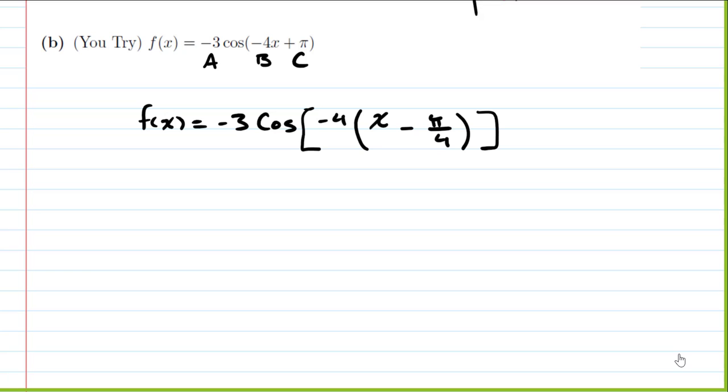So the phase shift is pi over 4 units right,